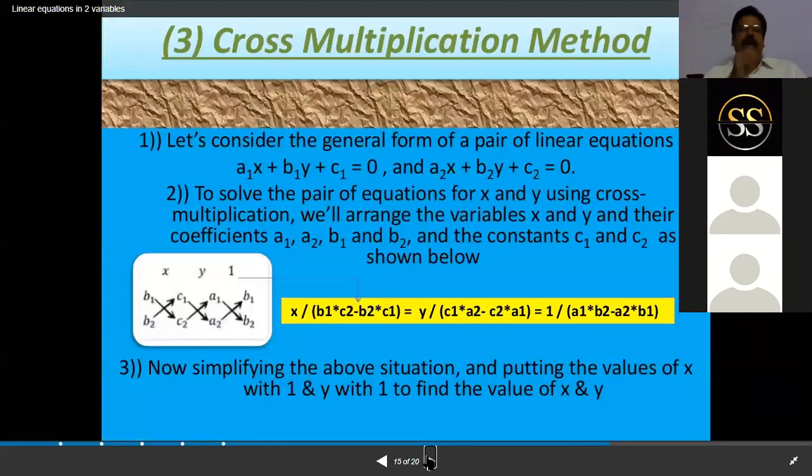And now the last one, the cross multiplication method. Cross multiplication method means